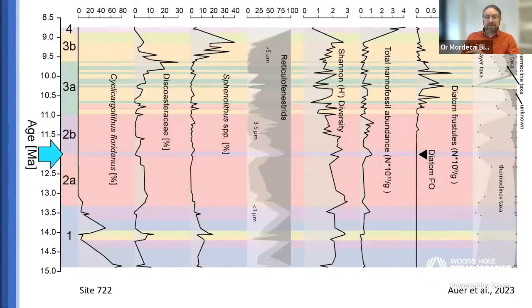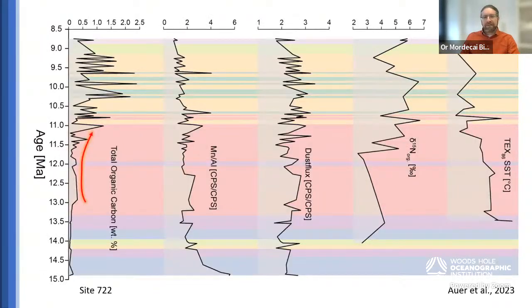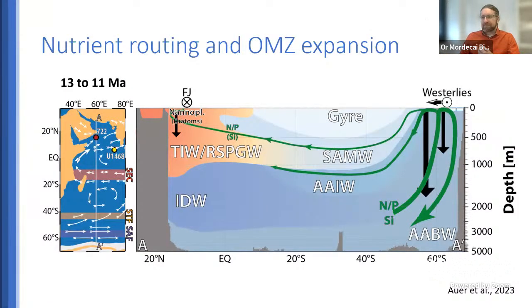But then we get to the second stage, and diatoms start to come in. And with diatoms, we also see expansion of mixed layer taxa in the planktonic foraminifera, and an increase in total organic carbon. So the system is starting to gear up. And this gearing up probably corresponds to more intense monsoons, stronger Findlater jets, but not only that. This is one side of a very long story.